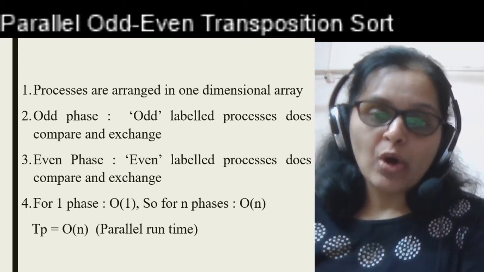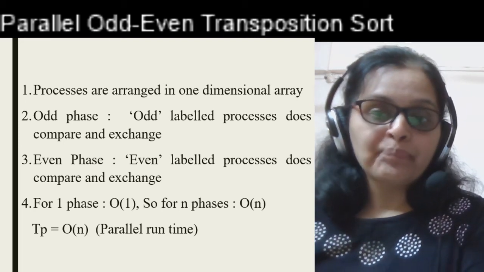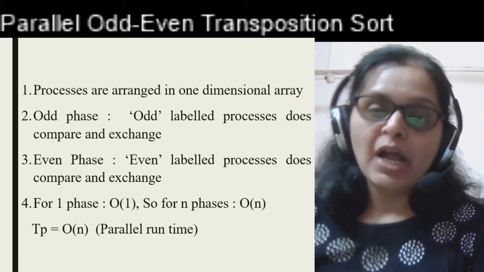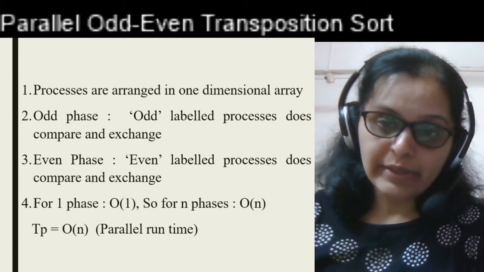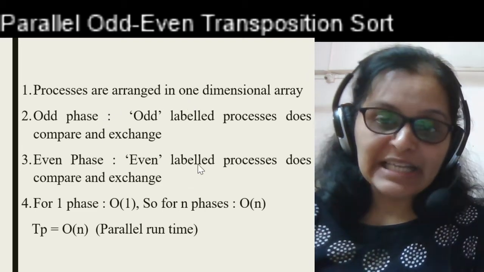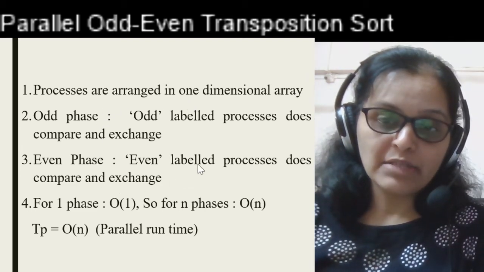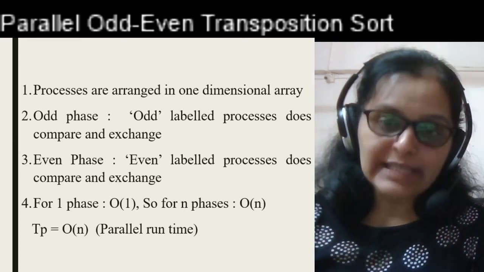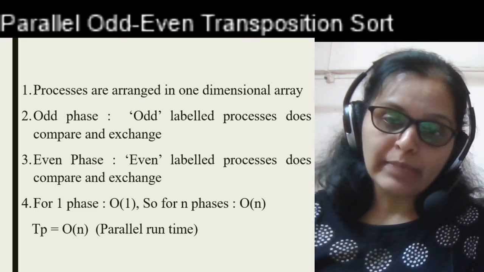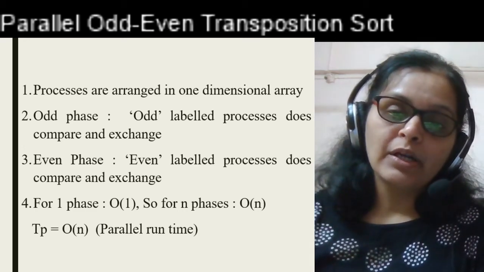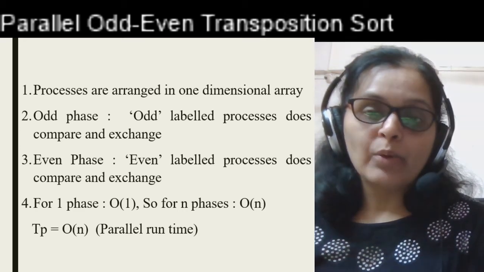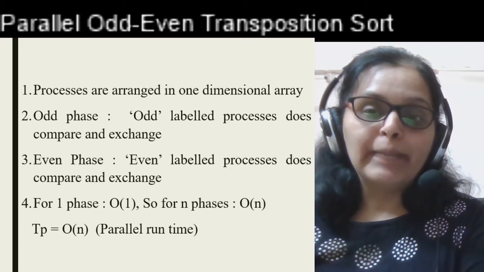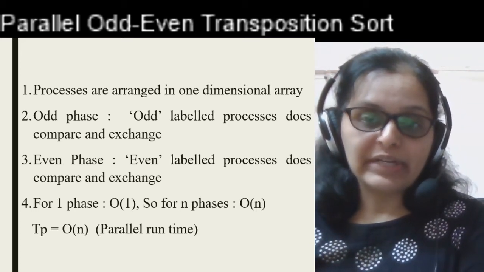So the same sort, if we go for serial, the serial run time, which is called TS, we were getting O(n^2). Now by parallelizing that serial sort, by including the process ID or by including the processes, we have reduced the time complexity from O(n^2) to O(n). So this is how you should explain or analyze your assignment. Okay, so TP is one of the performance metrics you should know.